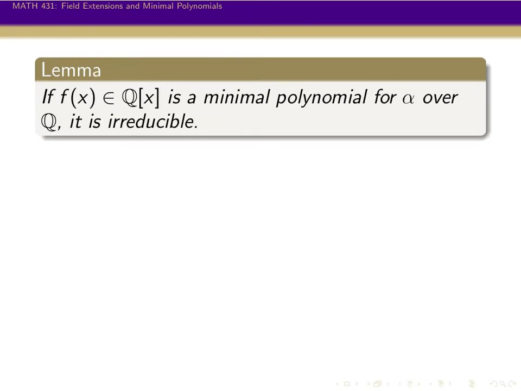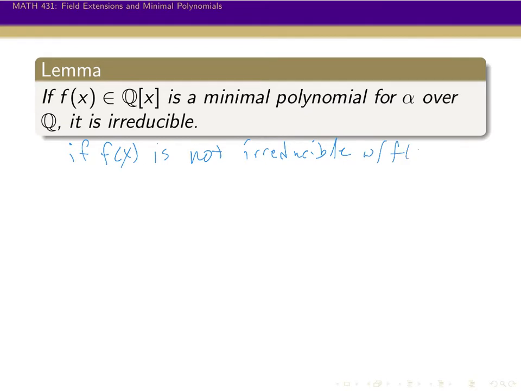Okay, so let's prove some basic facts about minimal polynomials. First, it turns out that anything that's a minimal polynomial has to be irreducible. And this is real simple. So let's assume not. We're going to do this by contradiction, basically. Really, I guess this is by contrapositive. If f of x is not irreducible